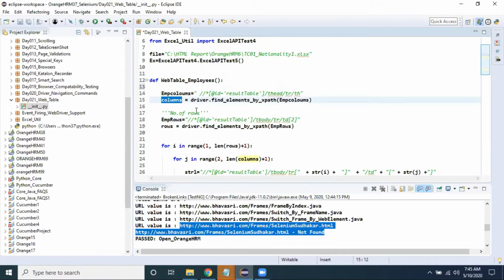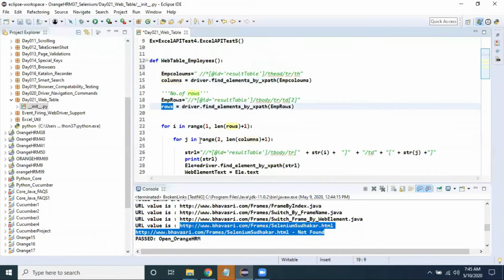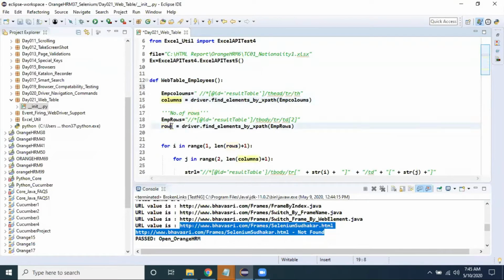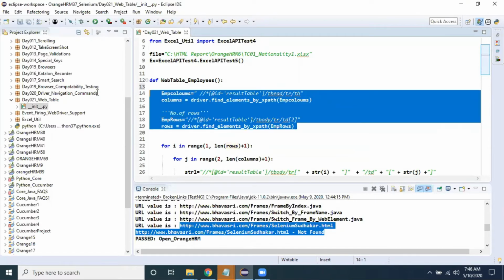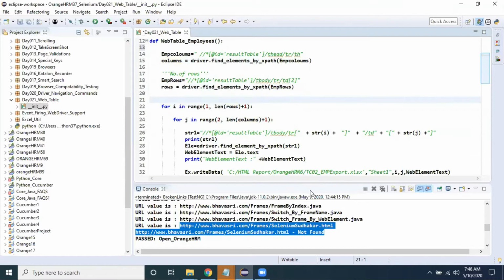Okay, fine. So we know how to get a group of web elements: driver.find_elements by XPath. All the column header information is available in this web object, and all the row information is available in this web object. So from these columns and rows, we understood how many columns are in the particular web table and how many rows are available in that web table. That's the summary we discussed as of now. I explained up to line number 14 to 19. So this is the main point before explaining the logic. Now let's go into the main logic part.